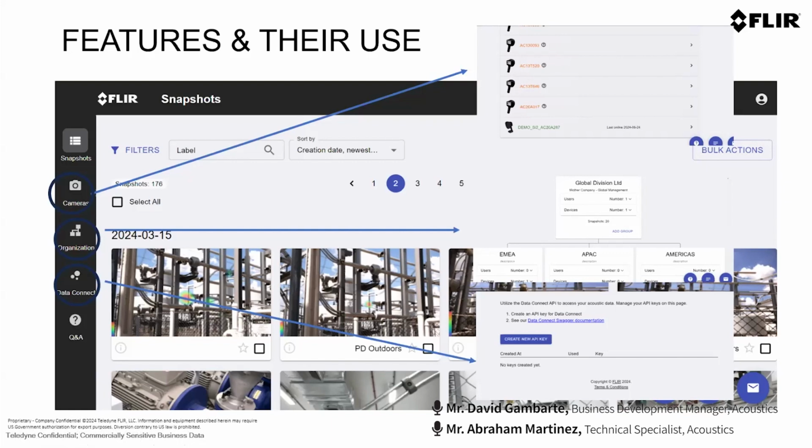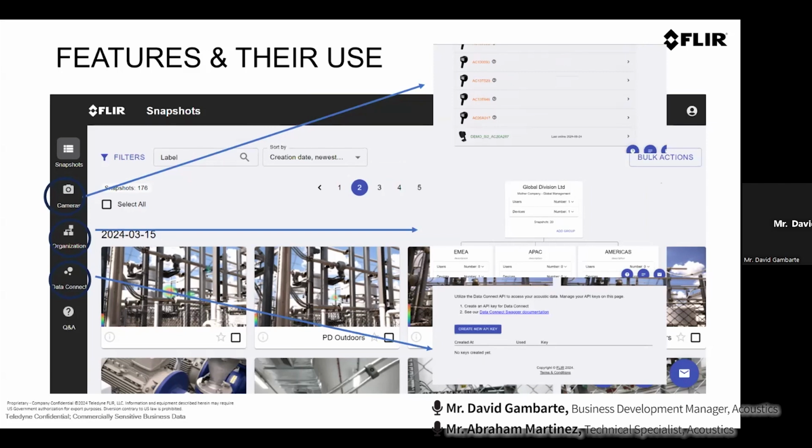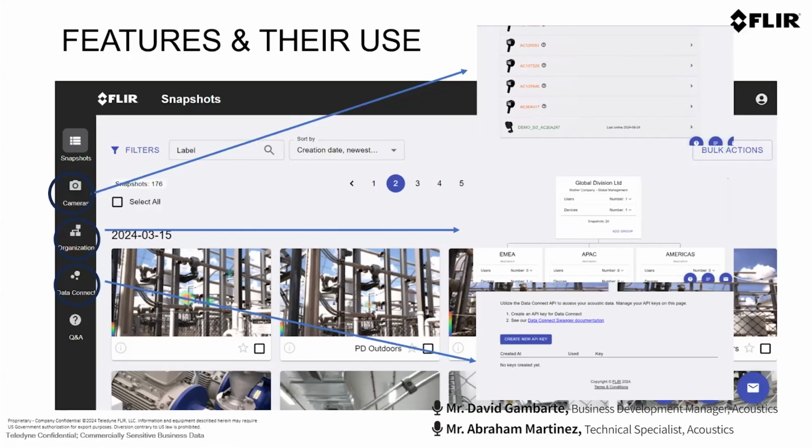In fact, the data can be fetched from the device and put directly into the systems of different types of companies. With this, we are enabling huge possibilities for integration with other systems.